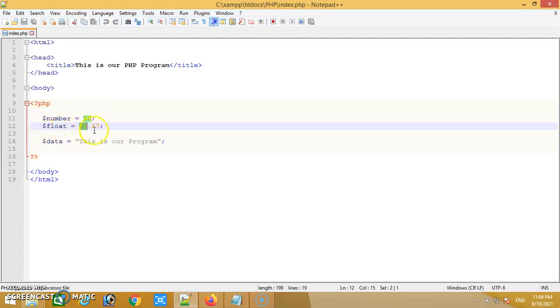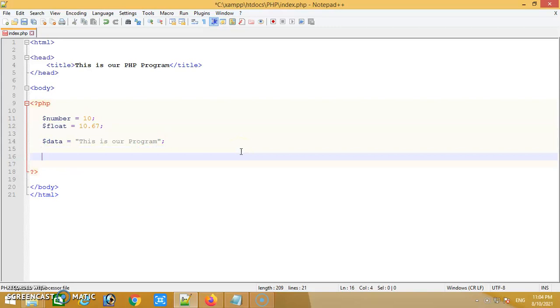To display the value of variables, we have to use the echo command. I already discussed the echo command in previous videos, so I'll show you echo.